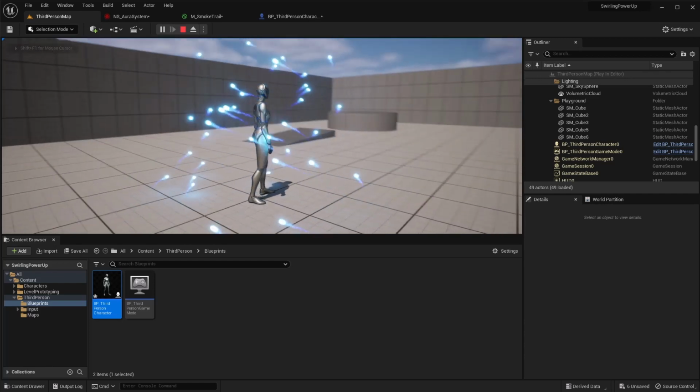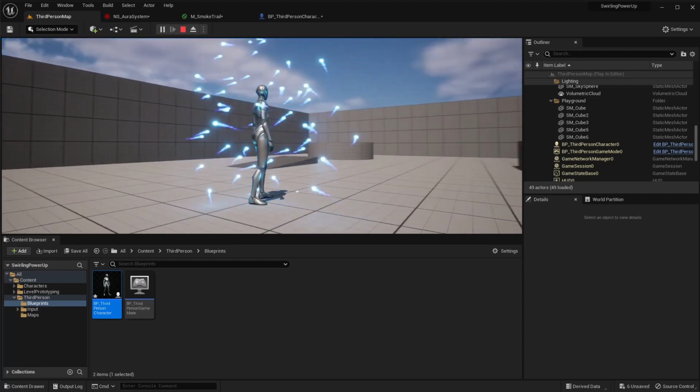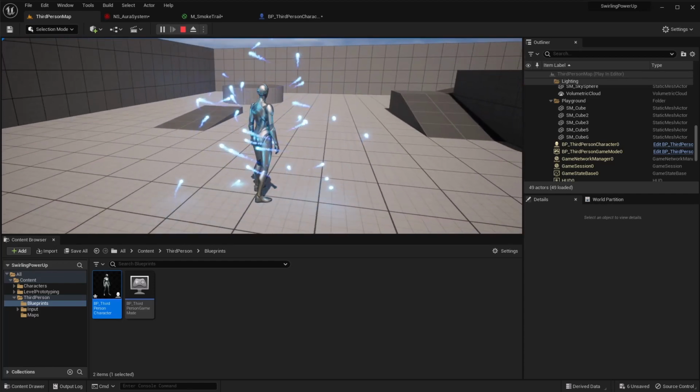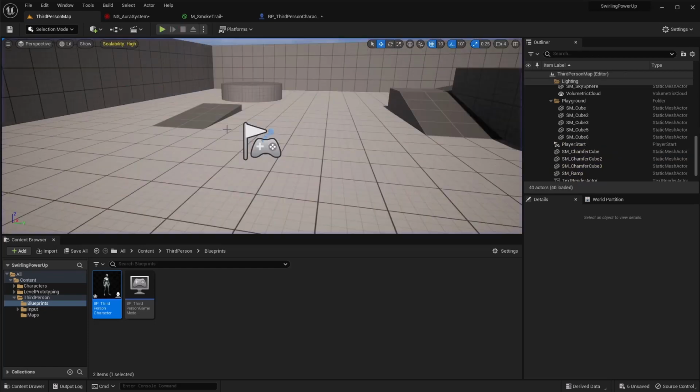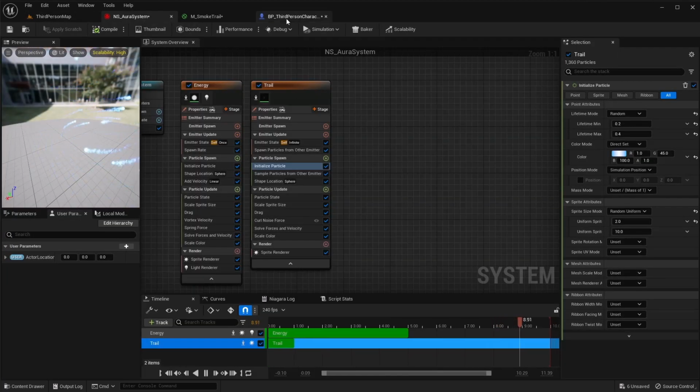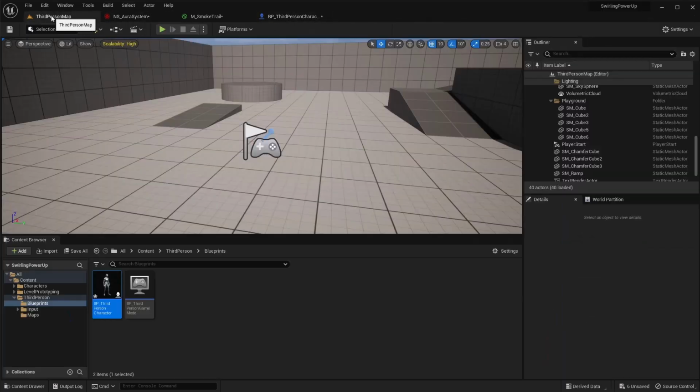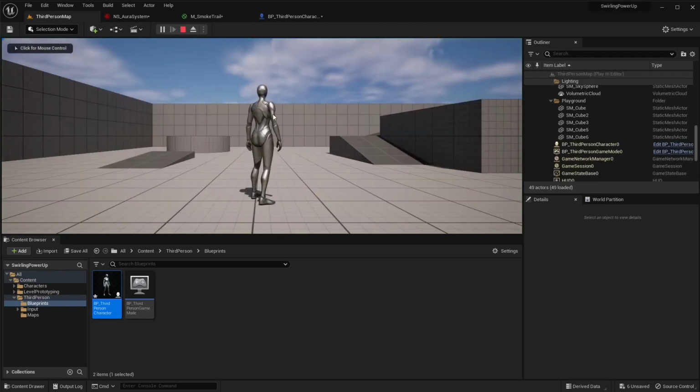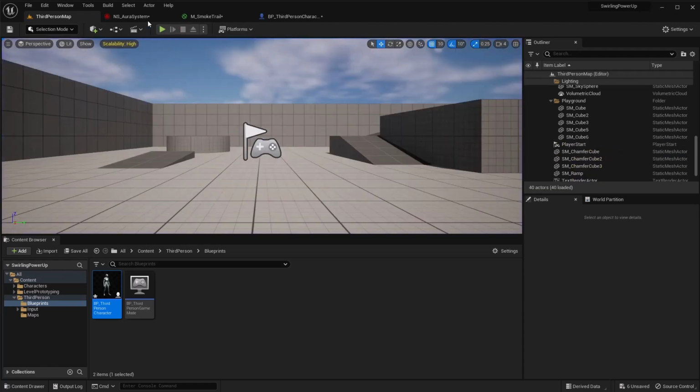So a little thicker tails, which I think is what I want this to look like. Another cool effect that we can do is adding that body glow to our character. And what I mean by that is whenever we start this, we kind of want some spots to show up over the character that'll be glowing just to add a little bit of animation or effect to your character. So let's go ahead and add that.